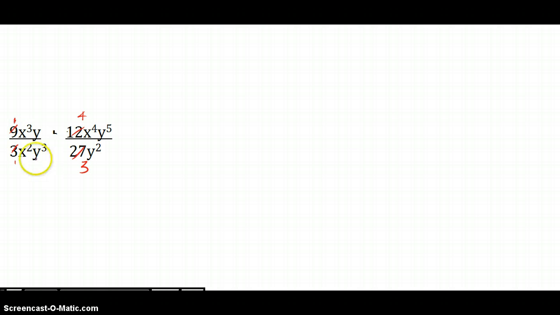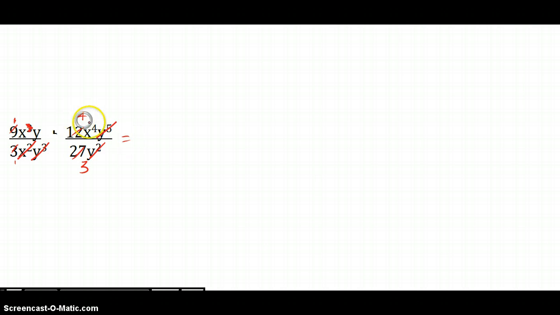Now let's look at our letters. On the bottom I have an x squared, so I have 2 x's down here. And in the top, it looks like I have 7 of them. So I'm going to cross out the 2 on the bottom and cross out 2 up top. So this x to the third, I cross out 2 of them, there's just 1 left. And then my y's, I have a third and squared, so there's 5 y's in the bottom. And it looks like there's 6 on top, because we have y to the 5th and y. So if we cross out all 5 of these, and 5 in top,